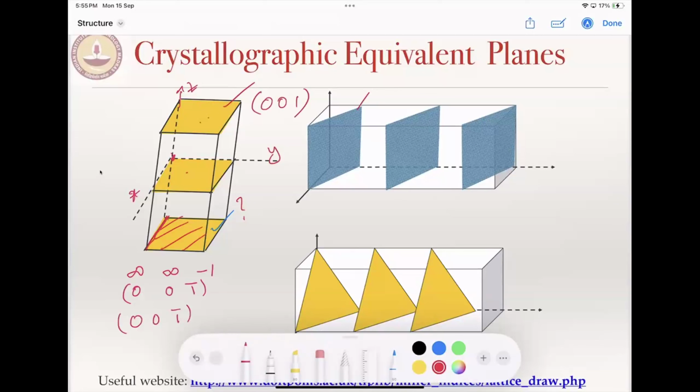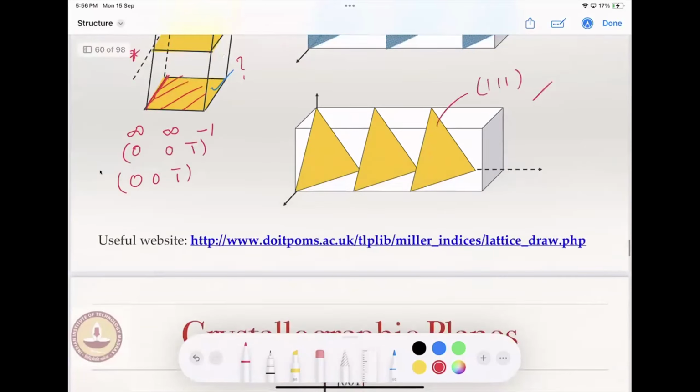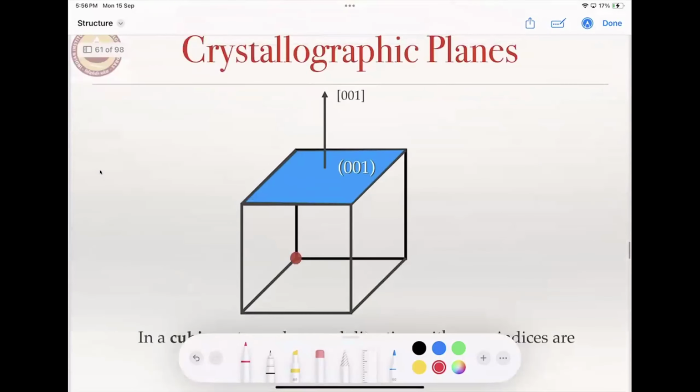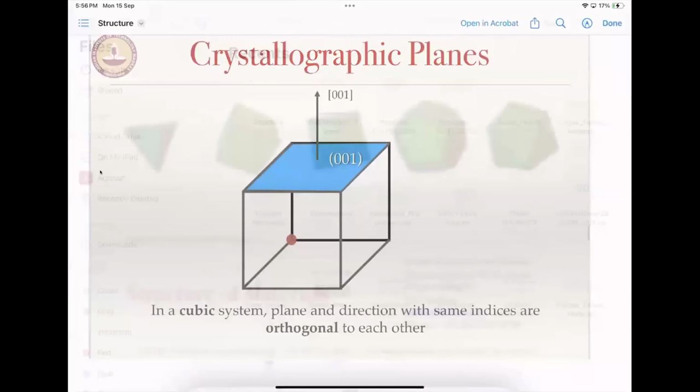That's the one we drew at that time, but now we should say 110. And how about this one? 111. Okay, good. So if you are looking at a cubic system,